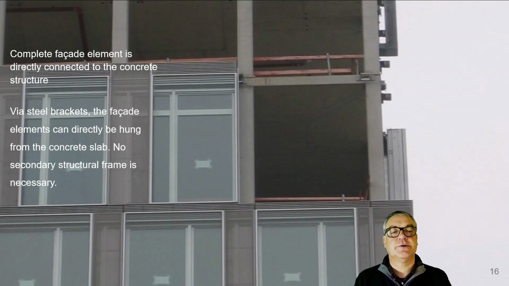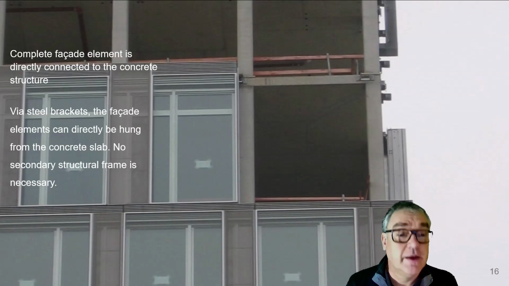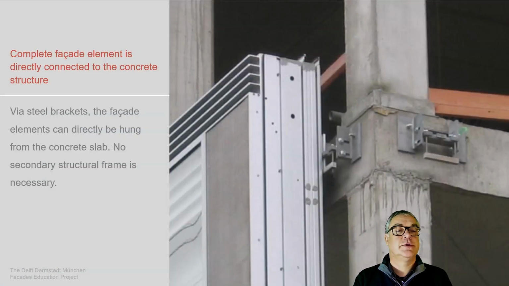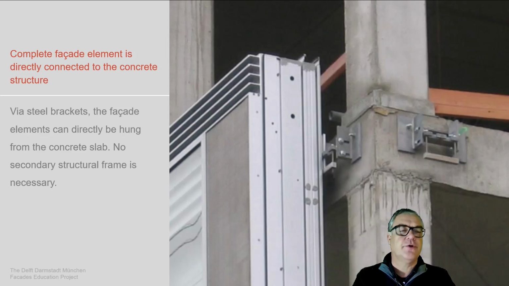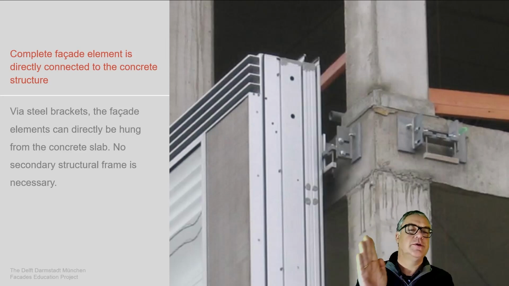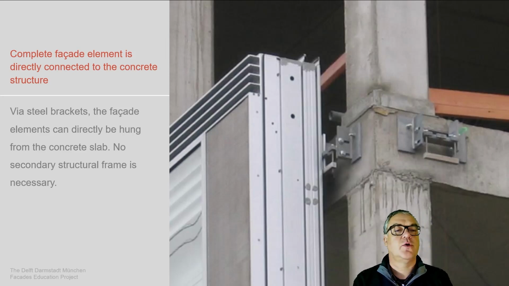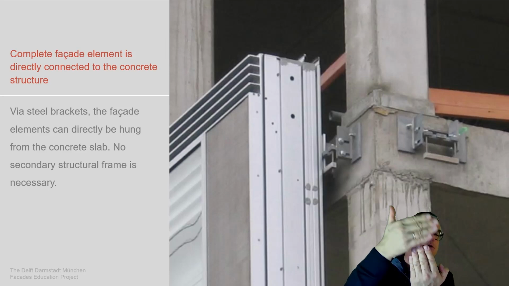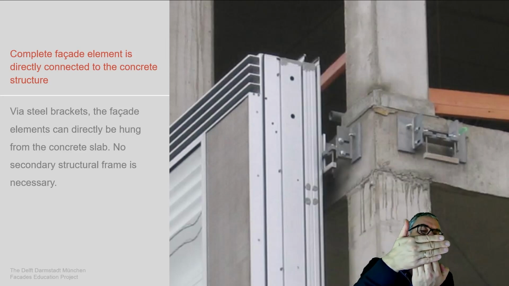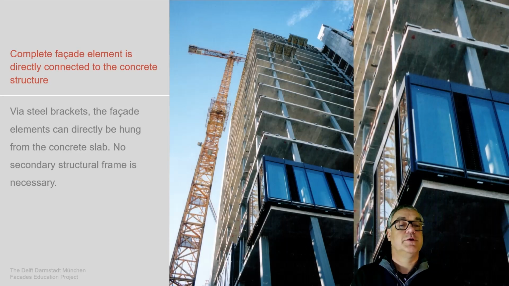And then we come to the unitized facade systems. We see these unitized facade systems, this part and then the other ones over there, which are actually hung on these brackets. The brackets are brought either vertical or horizontal close to the main structure, the floor slab, and then the unitized systems are hung into it, the next one into it, the next one into it, to secure that they take their position. At the bottom part of these unitized systems, they have sliders which allow the unitized system to get in position and then be fixed horizontally but able to move vertically if necessary.